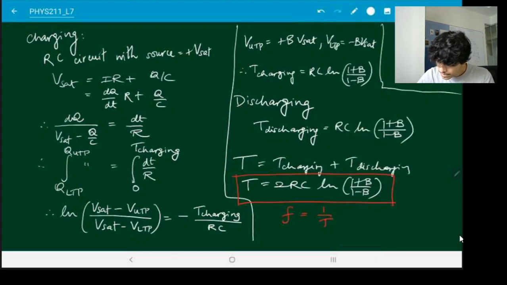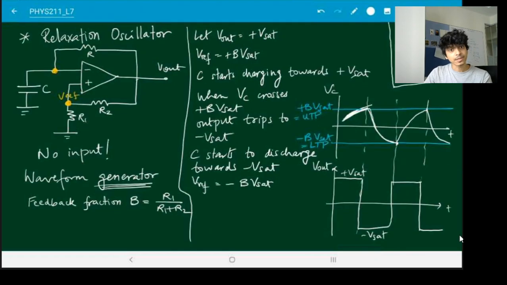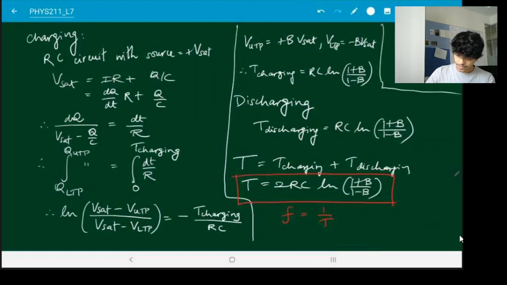Now I want to once again specify that in this circuit there is no input. Without giving you any external input, you're just producing a square wave by itself. So there is a special name for this kind of circuit. This is called an astable